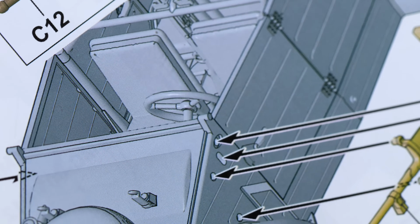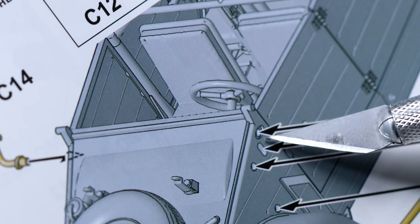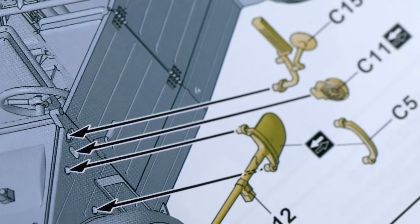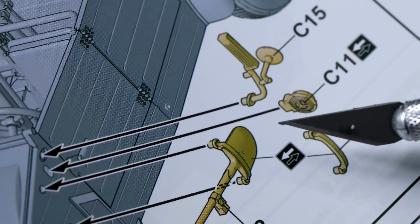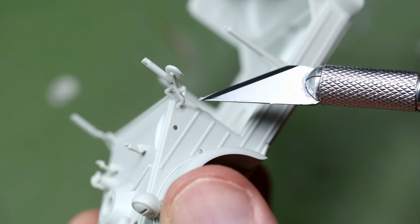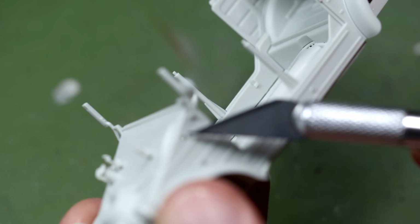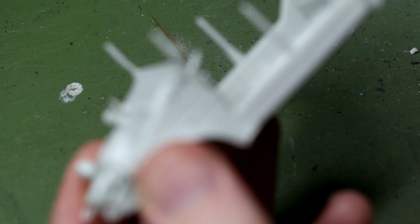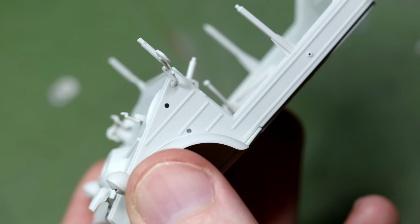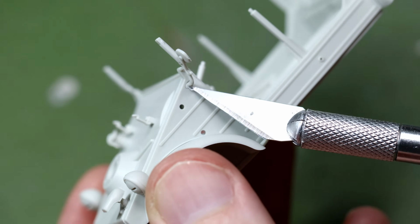There did seem to be a slight inconsistency here between the instructions and reality. If we look here at the side front of the vehicle, we've very clearly got 4 attachment points marked out. However, if we look at the kit itself, we only have 3. Luckily for us, however, that part marked C11 there is optional, so with no attachment point for it, I left